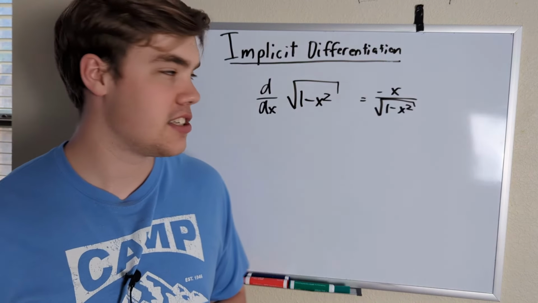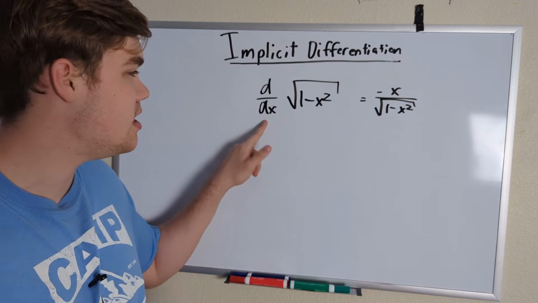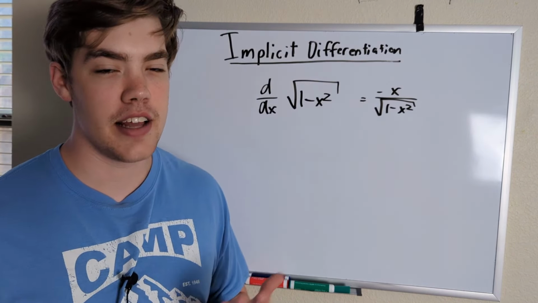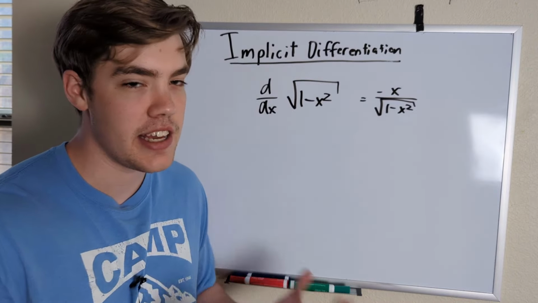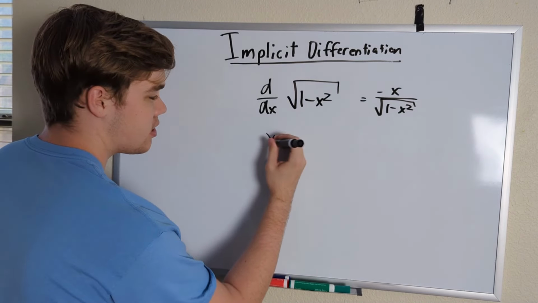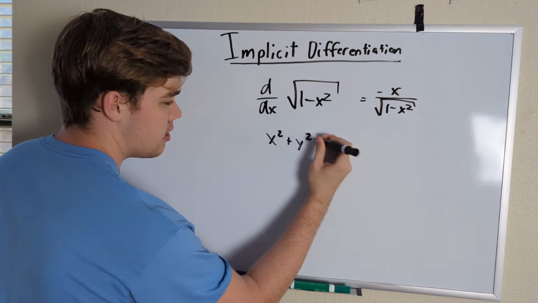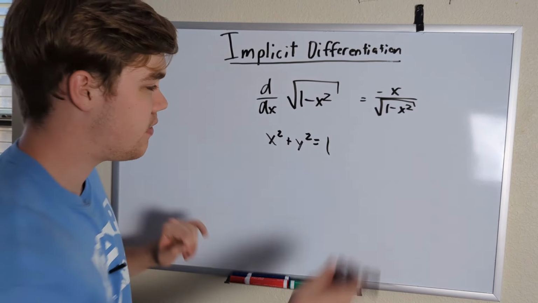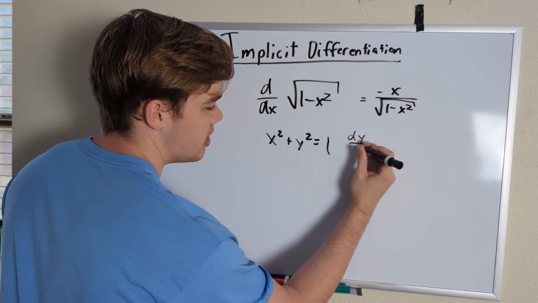We could go through the whole process, but more importantly, I want you to see that we have a dy dx equal to something. This dy dx kind of acts like our y variable, and this is defined explicitly because y equals the function of x. Now, the same problem could be defined implicitly as x squared plus y squared is equal to 1. If you were to give a student this problem and tell them to find dy dx, in other words, the derivative,